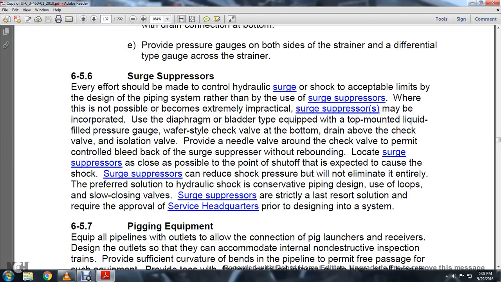6-5-6 Surge suppressors. Every effort should be made to control hydraulic surge within acceptable limits by designing the piping system, rather than using a surge suppressor where possible. Where extremely impractical, surge suppressors may be incorporated. Equip the diaphragm bladder with a top-mounted liquid-filled pressure gauge, with a water-style check valve at the bottom, a drain valve at the check valve, and an isolation